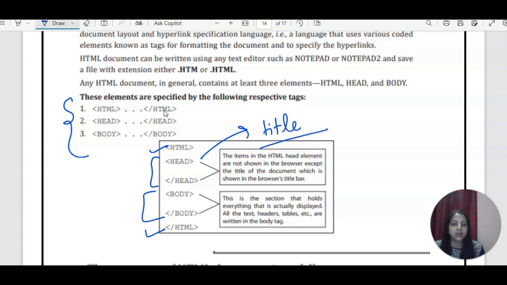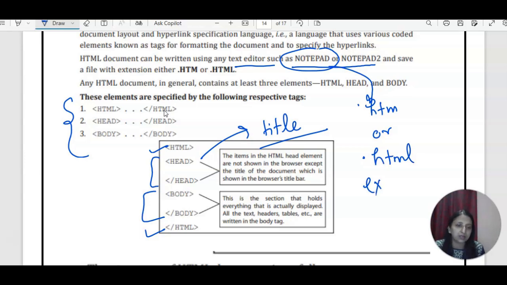And this is the body tag, where all the tags you will use go inside the body tag only. A text editor is also required. Notepad is completely fine. But what you have to do is save this Notepad document with the .htm extension or .html extension. Okay, that's the second name of your document.